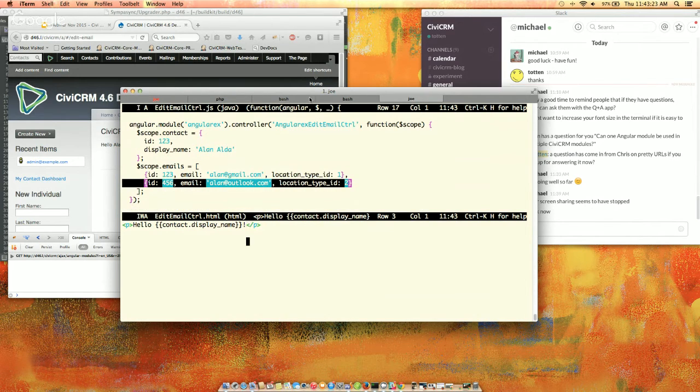Then we want to list out those emails. So we're going to make an unordered list. And here we get to use an Angular directive called ngRepeat. Now, ngRepeat is kind of cool because it will reproduce the HTML for each item in a list. We want to go through each email. I believe that's the notation. We want to say,